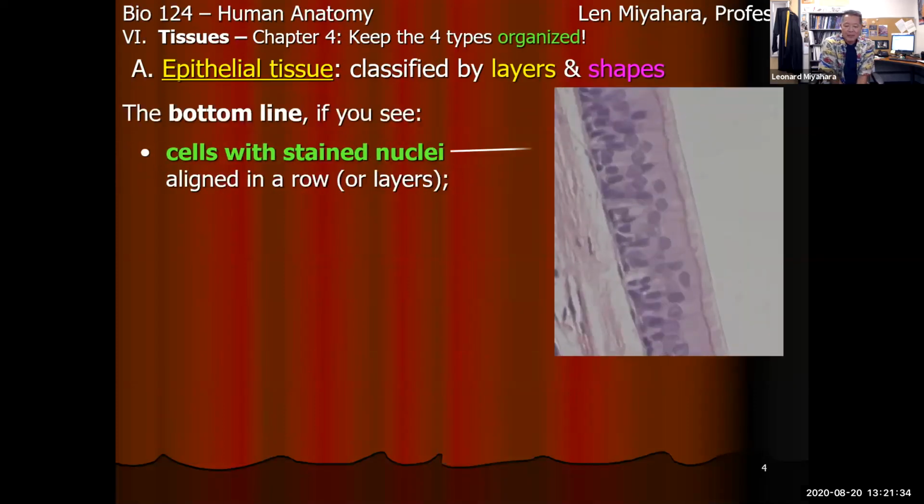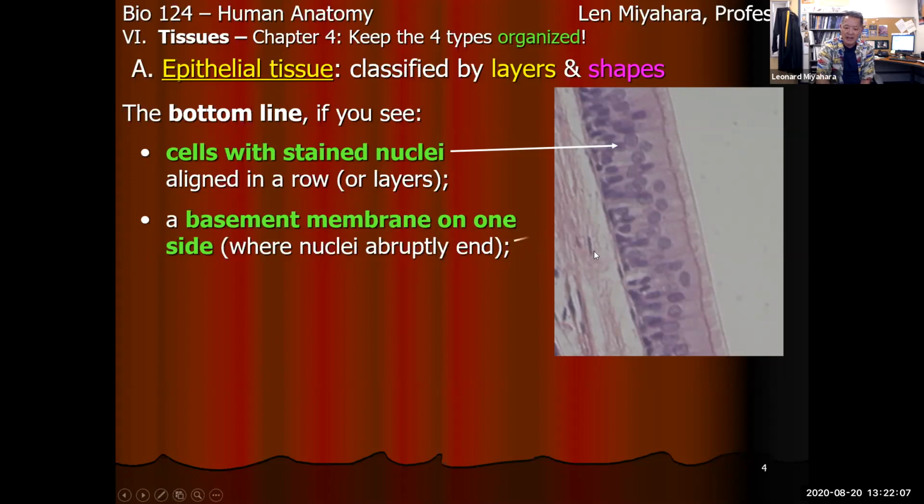So if you want to know you're in epithelial tissue, since it is lining something, this is what you're going to see. First of all, the slides for epithelial tissue will be stained. These cells don't look this way in real life. It only looks this way when we stain the cells. And the nuclei pick up the stain, and that's what these purple balls are. You're going to see a ton of stained nuclei really close together, and on one side, they come to an